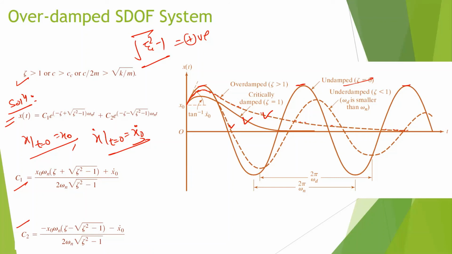One, underdamped, critically damped, and overdamped. These three are known as degrees of dampness. What is important here is that if someone asks you the type of damping, these are not types of damping, these are the degrees of dampness. Type of damping means viscous damping, Coulomb damping, or structural damping. So those are the types of damping and these are the degrees of dampness.